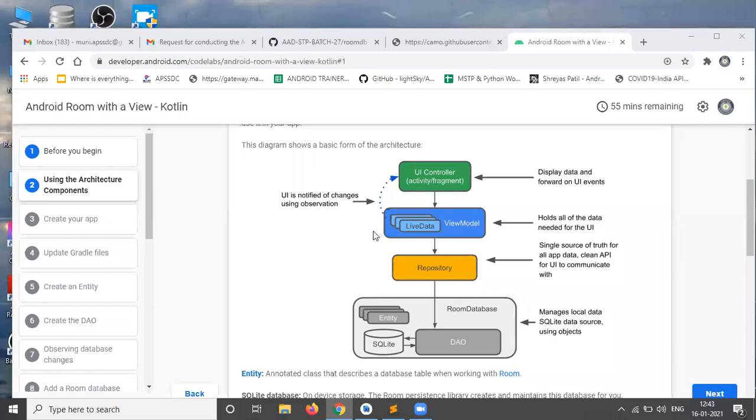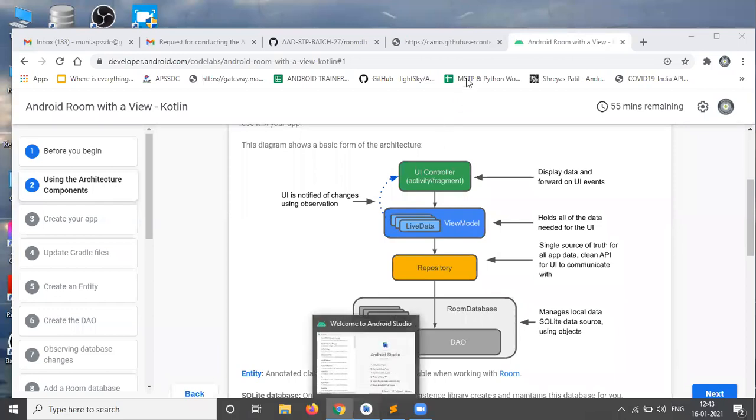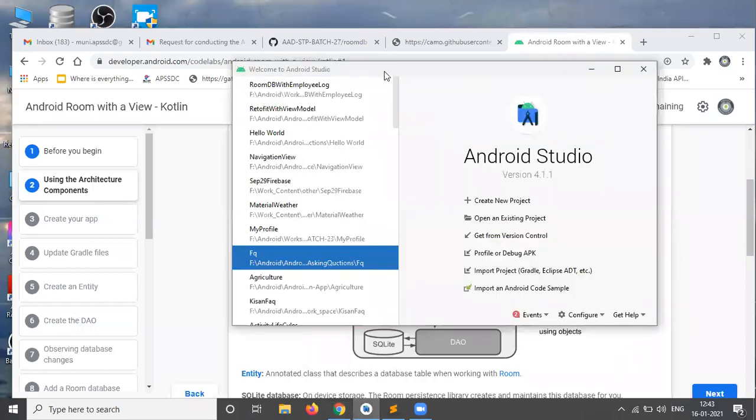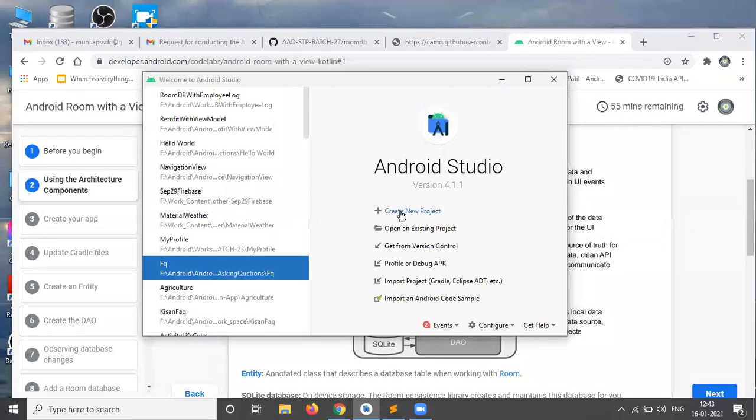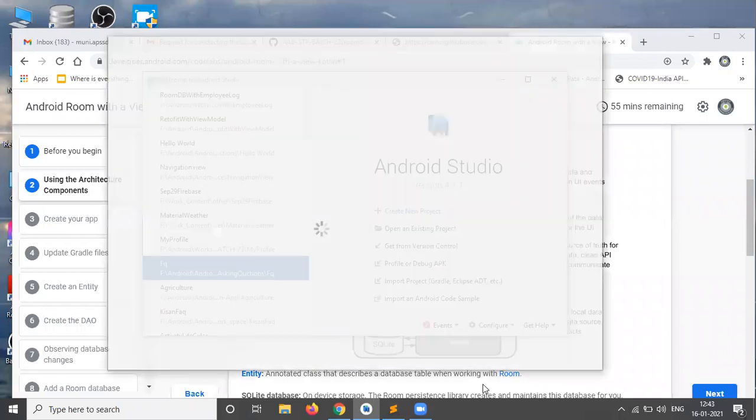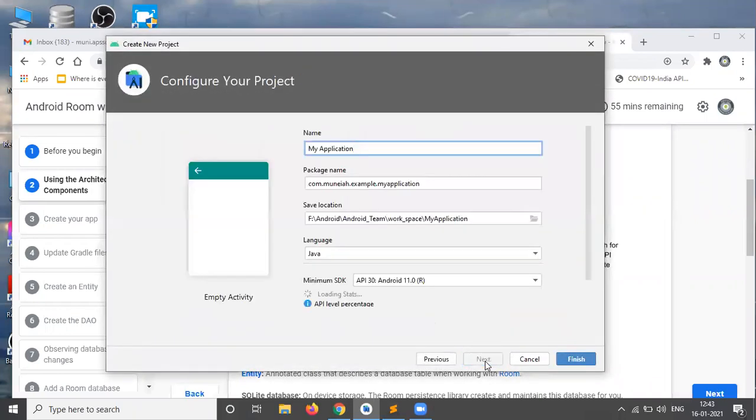Okay, right. So all of you open Android Studio, then make a new Android Studio project. I'm creating a new Android Studio project, and I'm choosing the empty activity. I'm clicking next.